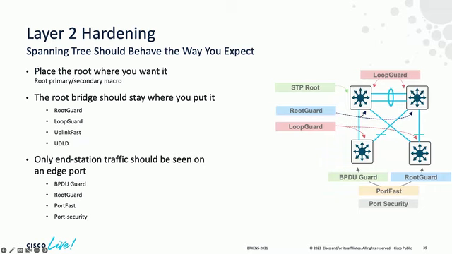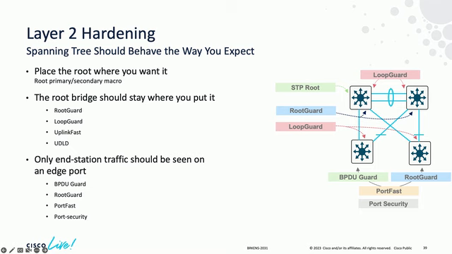If we do use spanning tree, let's use also the spanning tree toolkit, meaning let's make sure the spanning tree behaves in a way we want it to behave, that we are in charge and in control of our spanning tree. Yes, spanning tree will eventually converge if we just leave everything at default, but what we may get as a result might not be up to our expectations. So what are the options available for us? Starting from